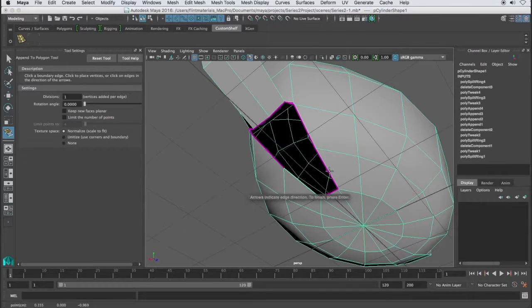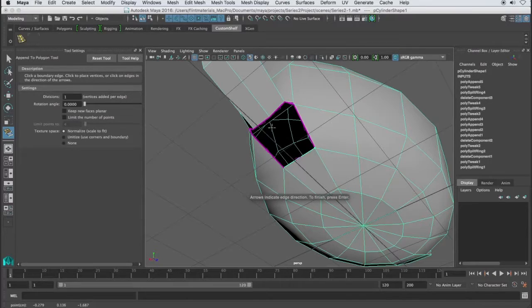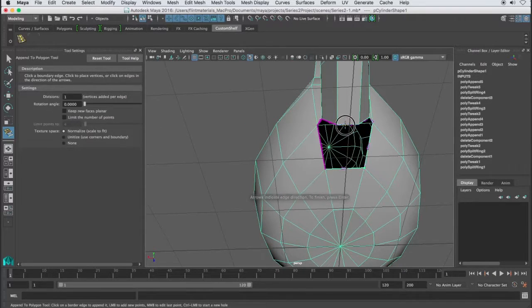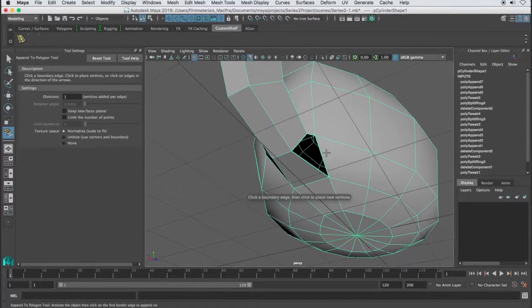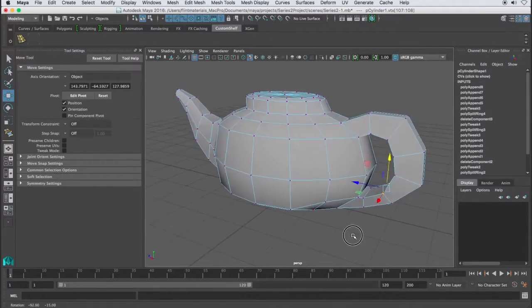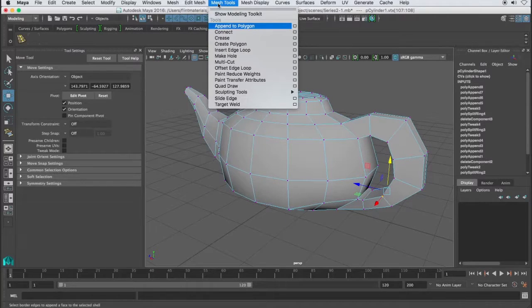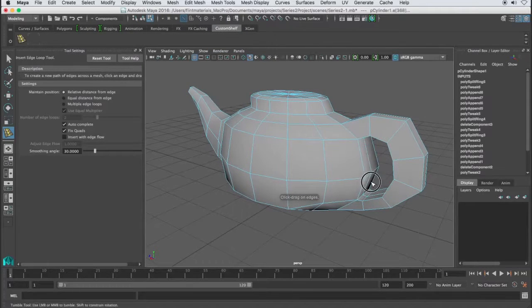Append the polygon and just rebuild this, G, to repeat that. G, and G. See how this handle is still pretty square, so I could go in and edge loop tool. I could create an edge loop here,